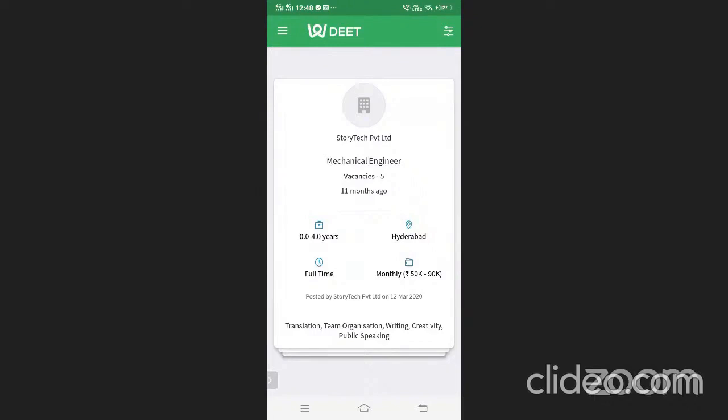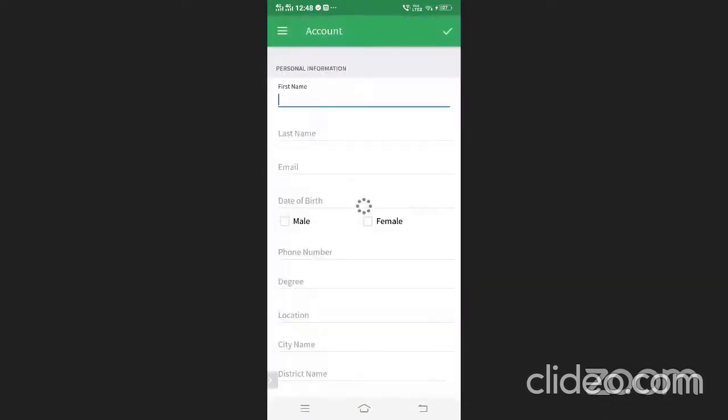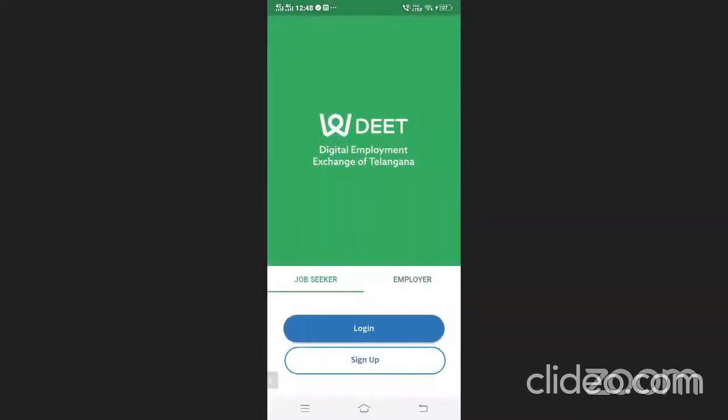Is the website available to register from a system also? Yes, sir, the website is also available, but for students or job seekers, we really suggest they use the mobile application. The mobile application is the best one for the students as of now. Mostly recruiters use the website.